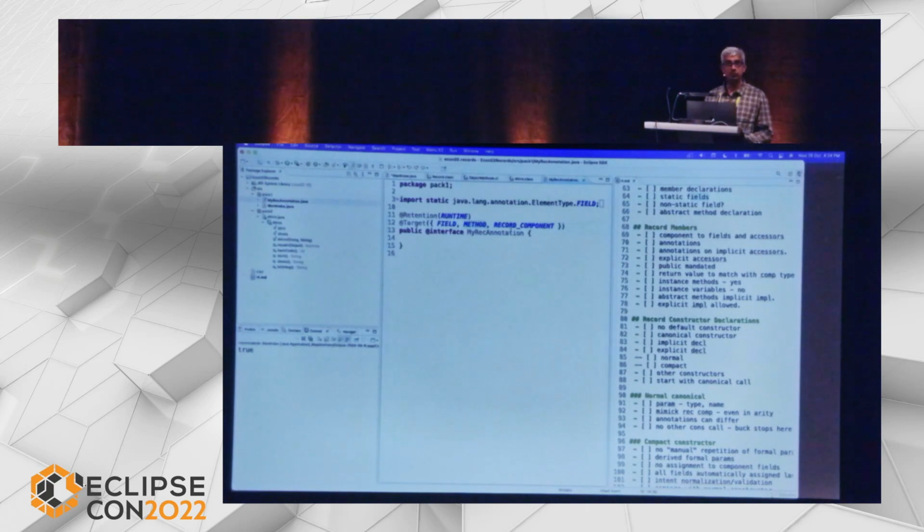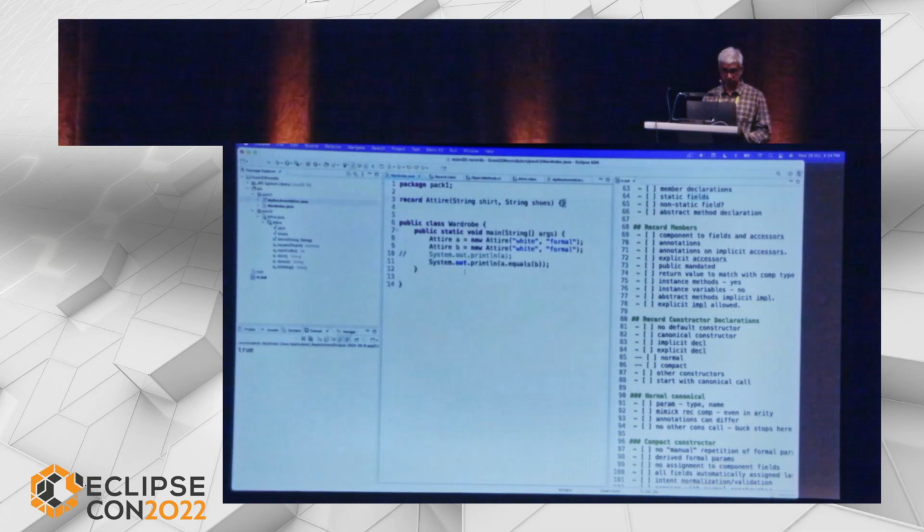And it has a new target called record component. But if you want this to be propagated to the methods, which are the accessors, or when you define the field, then you need to have the target of field and method. So let's say I'll just show that. I'll just copy this record annotation and say,